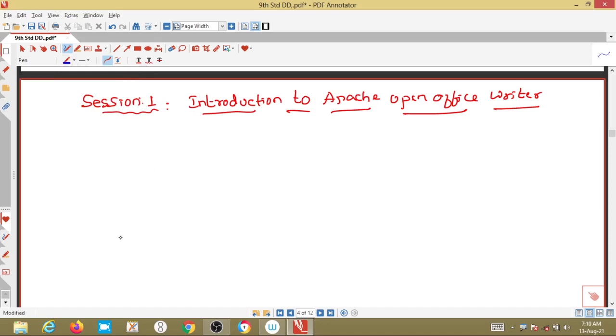Then it is an Apache Open Office Suite. As I told, it's a package, right? This is Apache Open Office, an Open Office Suite. Okay, it contains Writer, presentation, spreadsheet.